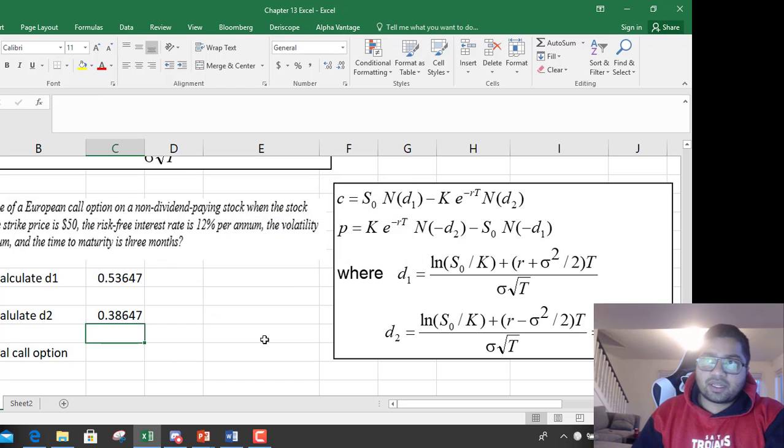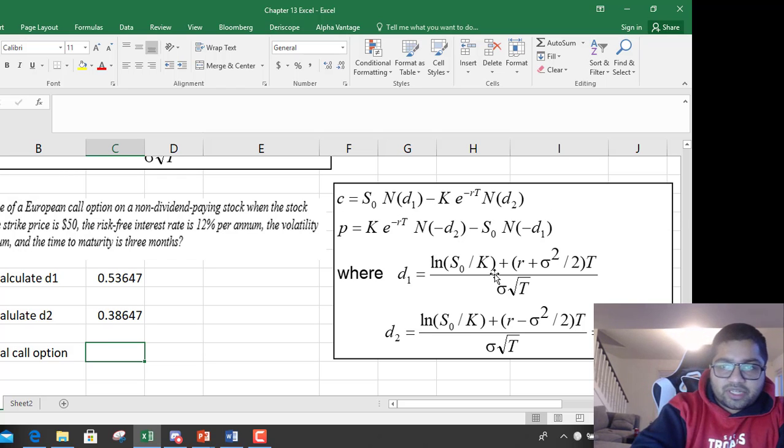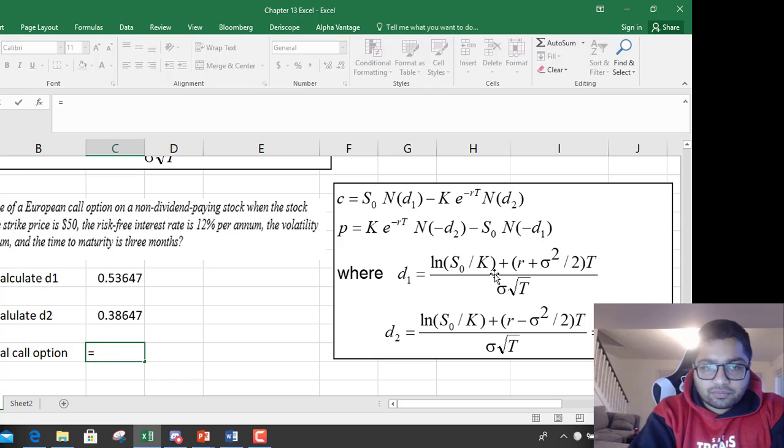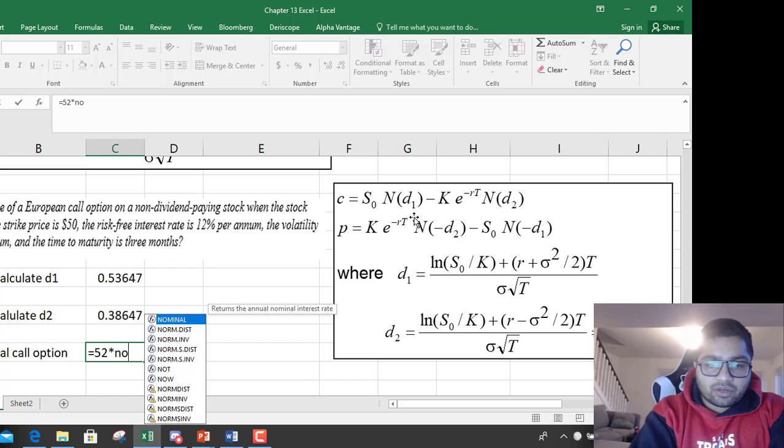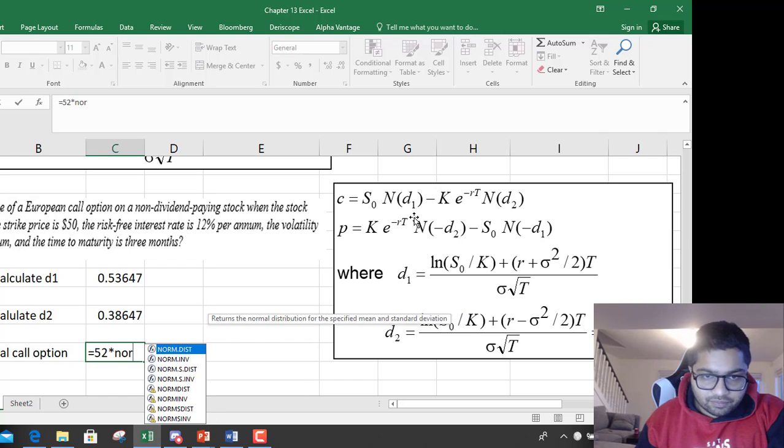So you have D1 0.53, you have D2 0.38. Now you calculate call option premium using this upper formula. So let's put it. So it is 50. What is the stock price? So stock price is, formula is S0 into N(D1) first. So stock price is 52 into normal distribution